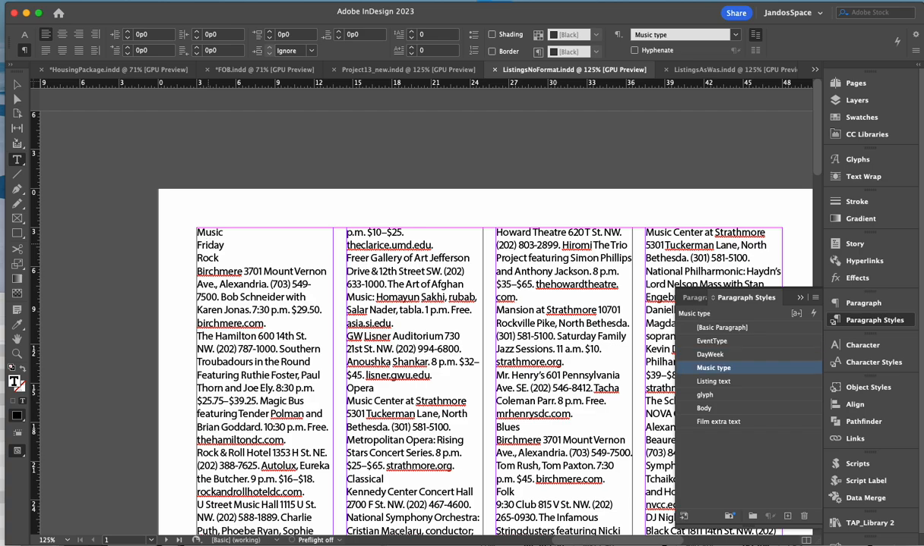That's the day of the week the event is. This is the music type, and this is the listing text. And there are a couple other styles here, but those are the main ones we're going to look at